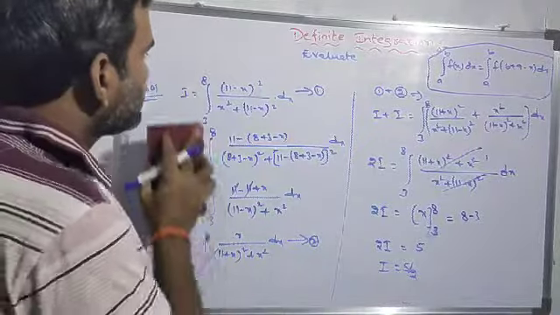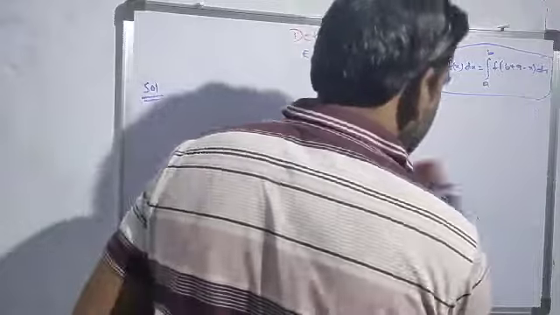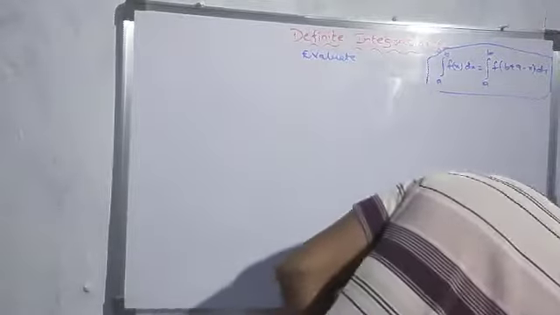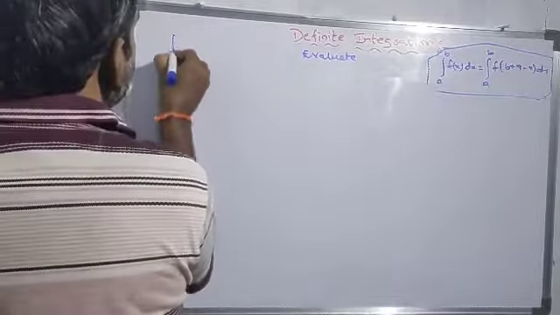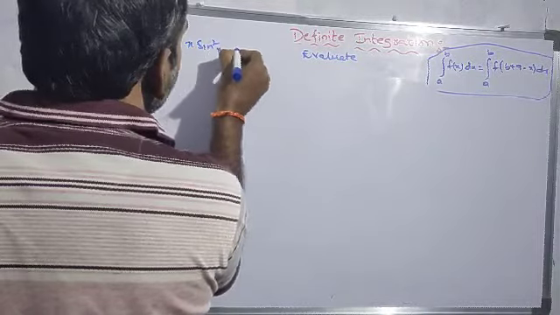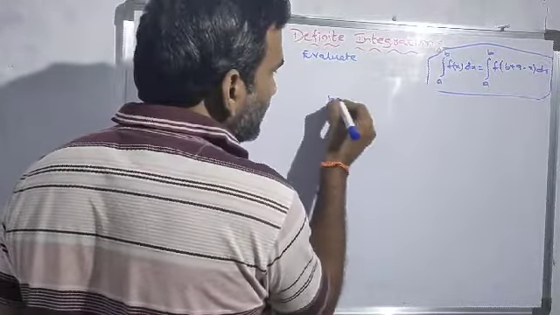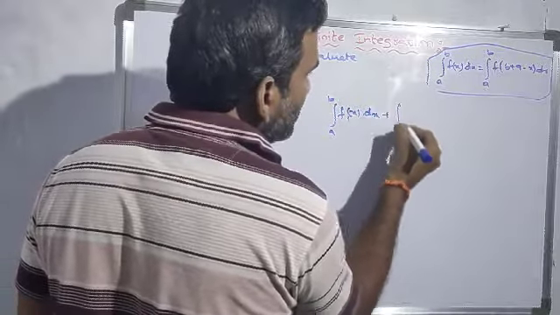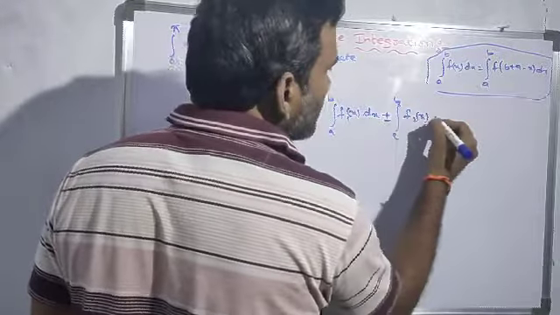Okay, now I am erasing this. So here I am taking another problem, that is the integral of x sine square x from 0 to pi, x sine square x into dx. Actually here we have to discuss one thing: integration from a to b f1 of x into dx plus or minus integral from a to b f2 of x into dx.